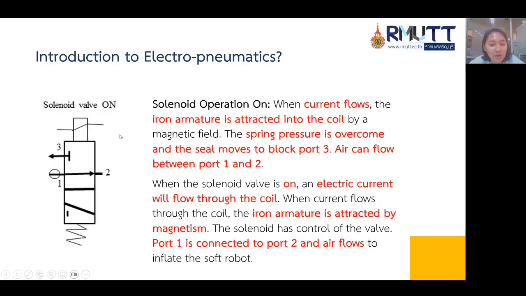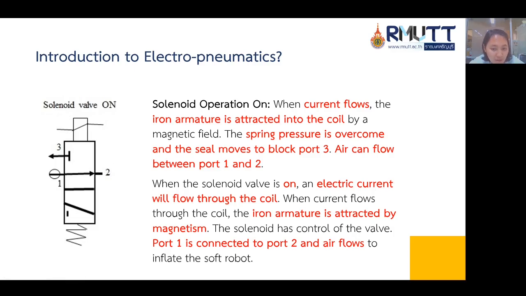And in the solenoid operation on, when current flows, the iron armature is attracted into the coil by a magnetic field. The spring pressure is overcome and the seal moves to block port 3. Air can flow between port 1 and port 2.